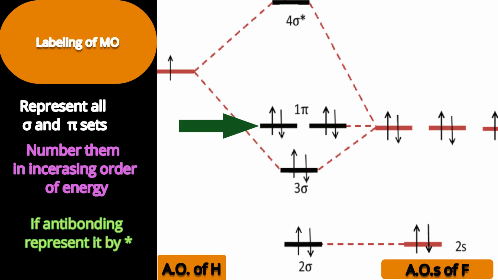Now, symmetry for Py and Pz we discuss. What is that? Pi. But this pi category of orbitals, first time we are getting. So their representation is 1 pi. 1 pi is a set. It represents both the Py orbital as well as the Pz orbital. Are you getting this point? We will follow this nomenclature, Mulliken's nomenclature, in our examples while understanding various heteronuclear and polyatomic systems. The concept will be clearer if we study further examples.